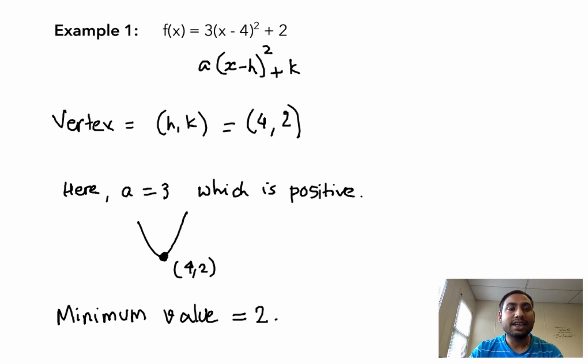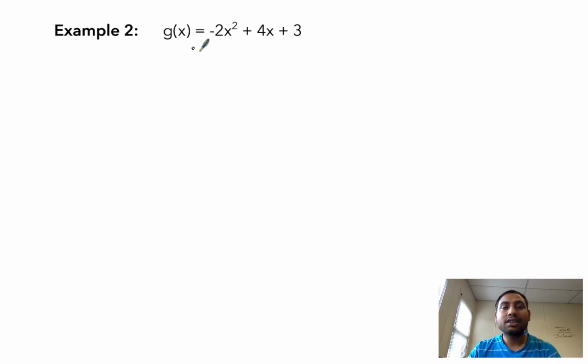Let's take a look at another example. Here we've got a function that's written in the standard form, ax squared plus bx plus c. We can't tell what the vertex is right away because it's not in vertex form, okay? So if the function is given like this, we've got to first find the vertex, and then we can tell the